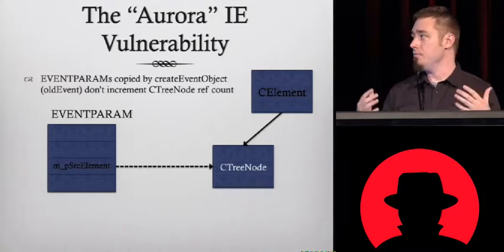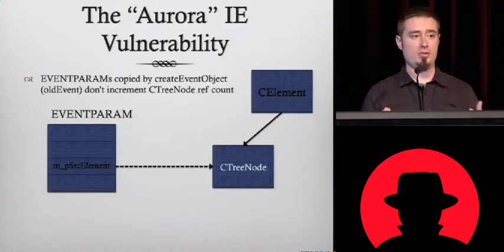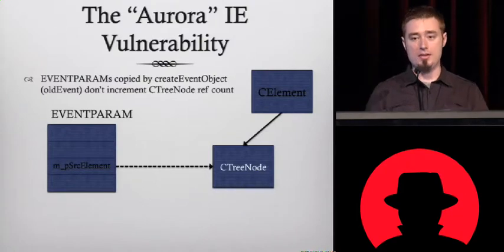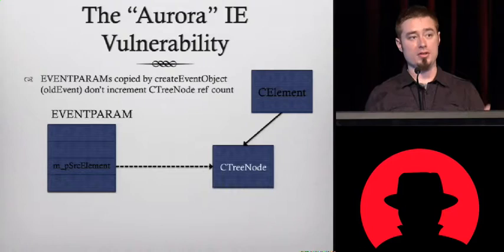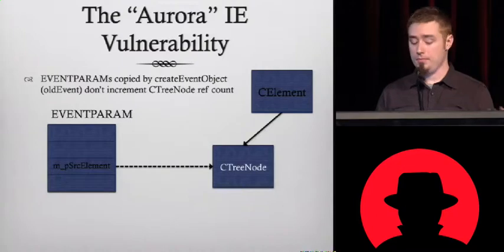And so the way MS-HTML represents the DOM is basically there are C elements and C tree nodes. The C element represents the actual HTML element, like the HTML tag and all that stuff. And the C tree node just represents its position in the DOM tree. And that lets them move things around the tree more efficiently. And so the event param